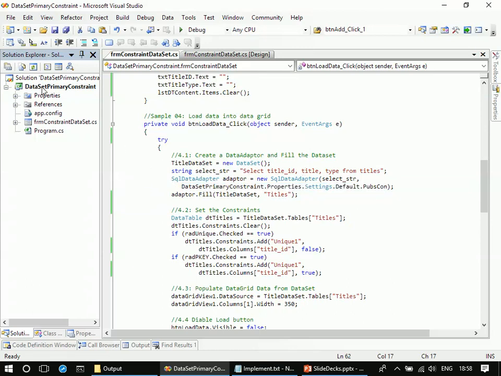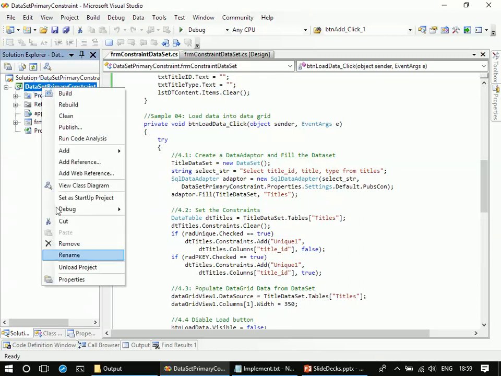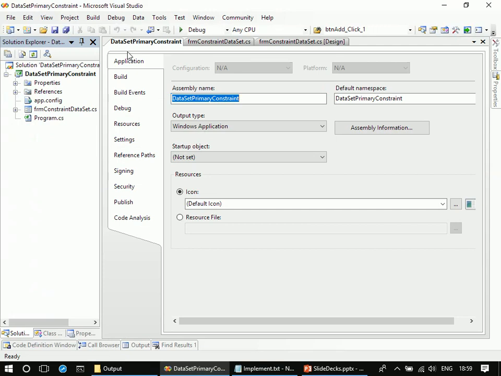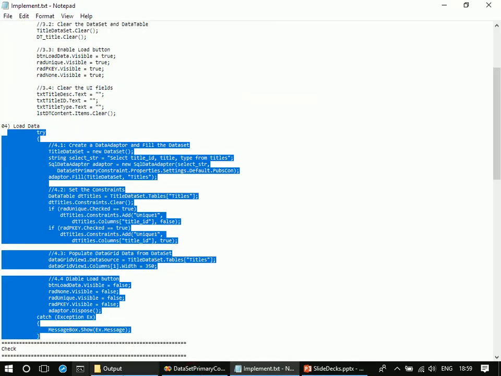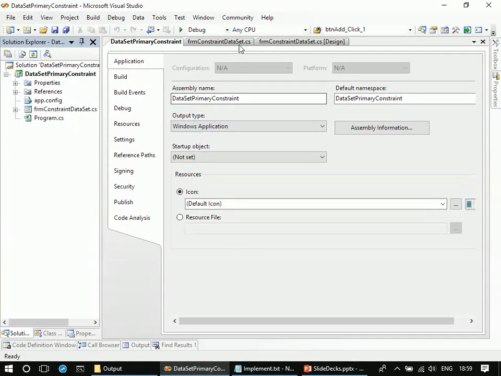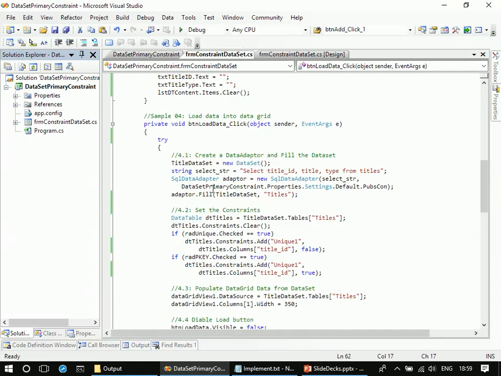So what you have to do, right click and go for properties, then go to settings, application settings, see for dataset primary key constraint, which is my namespace, then properties,